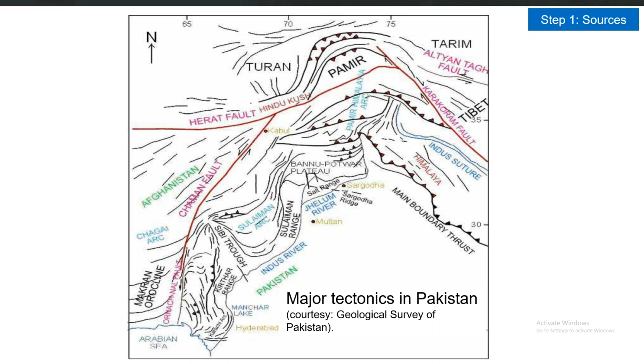It is based on the Geological Survey of Pakistan. So you can see here this Chaman fault, then Herat fault here, and then we also have for example this main boundary thrust, which is a direct thrust fault. Similarly towards the south we have the Makran subduction zone here, and all of the major geological phenomena or features are along the main plate boundary, which is passing through almost from the middle of the country.